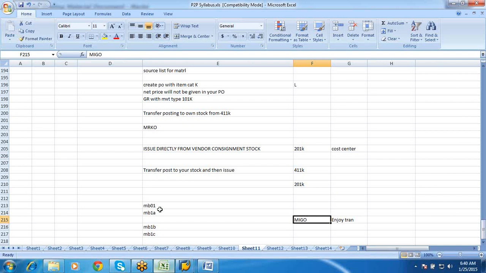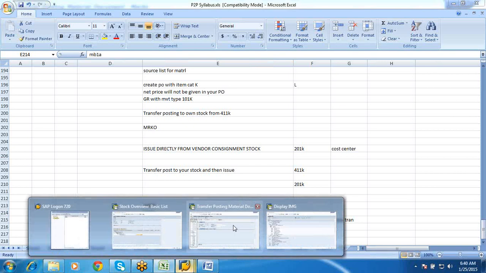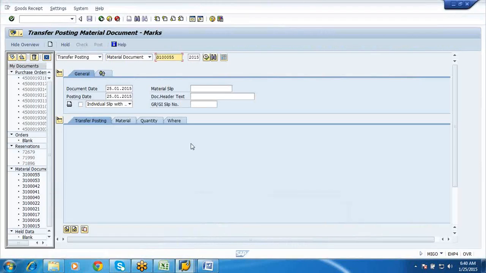We don't use MB01, MB1A, MB1B, MB1C. But people who started working from 4.6C, or who are still comfortable with these, can use them. SAP has not removed them from the transactions list. They still exist and you can still transact in them. That is the difference between MIGO and MB1B.